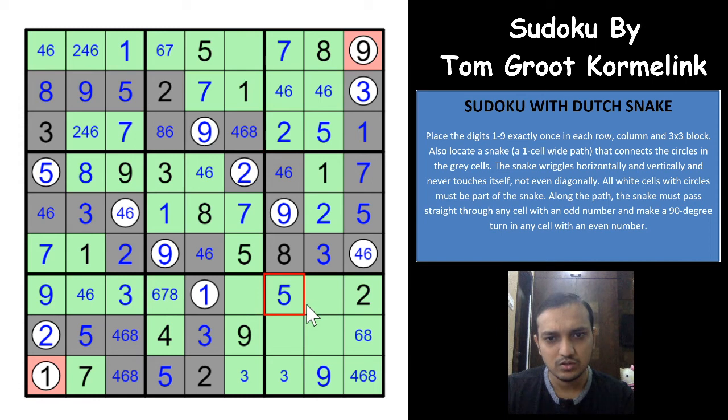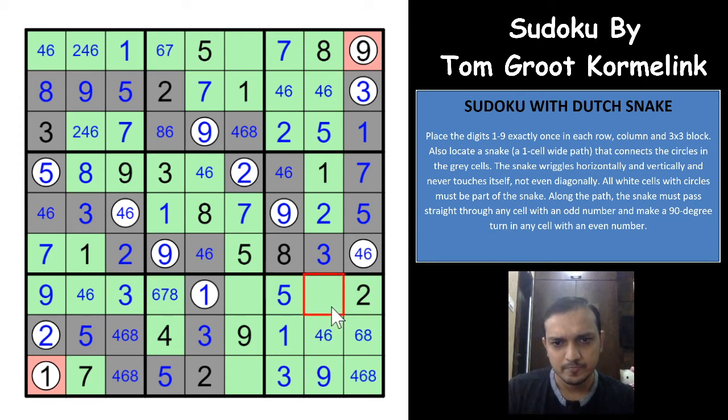Okay, so a 4 6 pair here. So these two digits would have to be 3 and 1. So this would have to be a 3 and this would have to be a 1, right? And 8 is already here, so this would have to be 4 and 6, right? So this 4 and 6 and 4 and 6 gives you a 7 here.